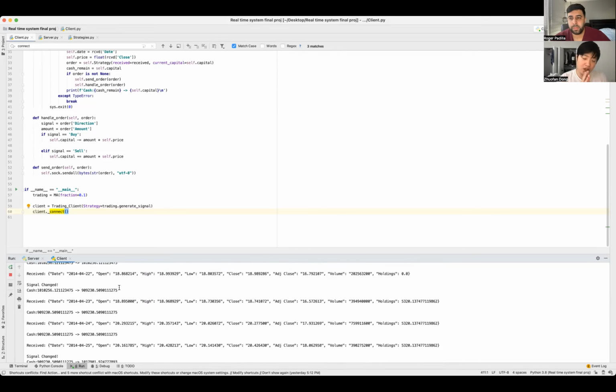So this system is capable of backtesting our strategies by receiving the real-time data from the server, and of course in the end we can add more functions to our system, and I will share